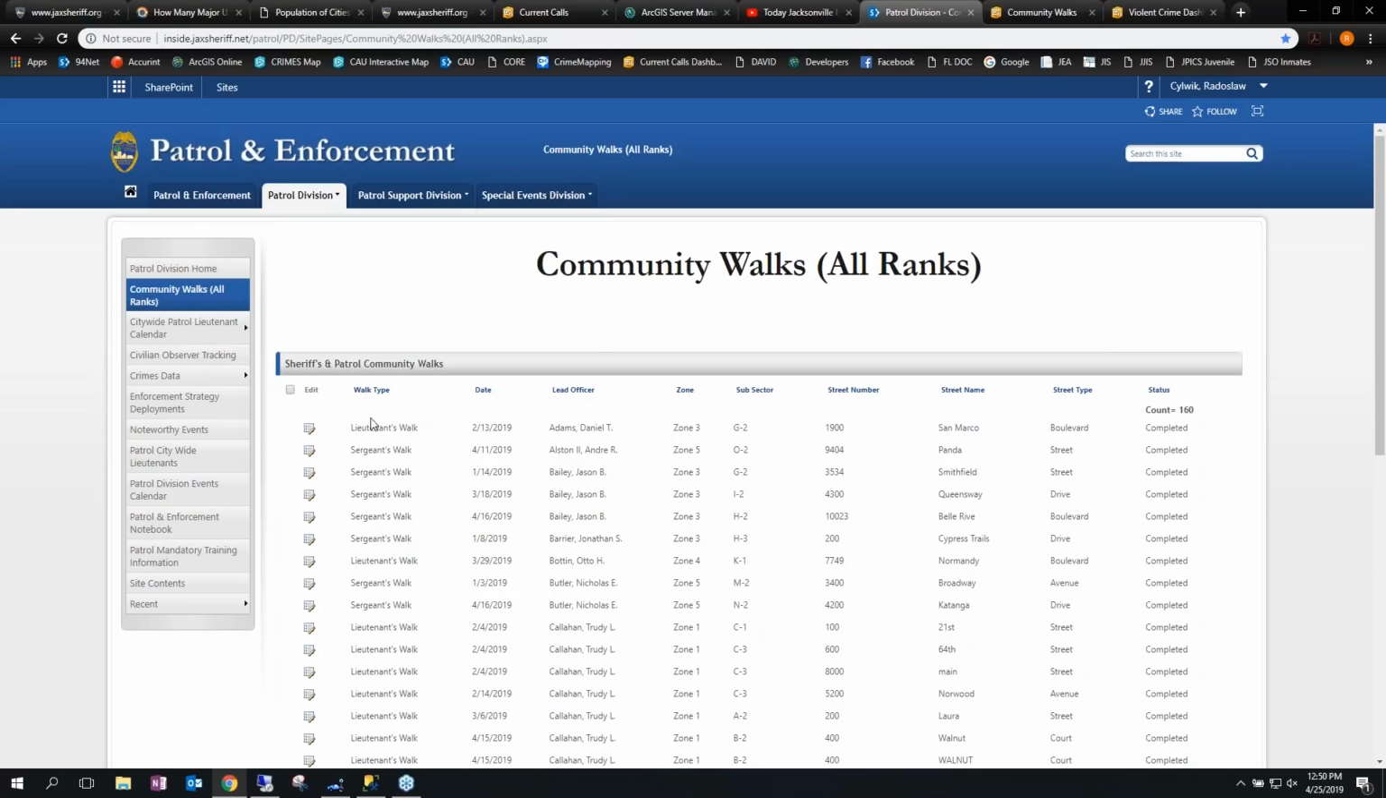And it's basic information that we're capturing. Okay, what type of walk was it? What was the date? Who was the lead officer on that? Which zone of the city was it in? And the actual address. So we're capturing this information, and our IT department is bringing this information over to a